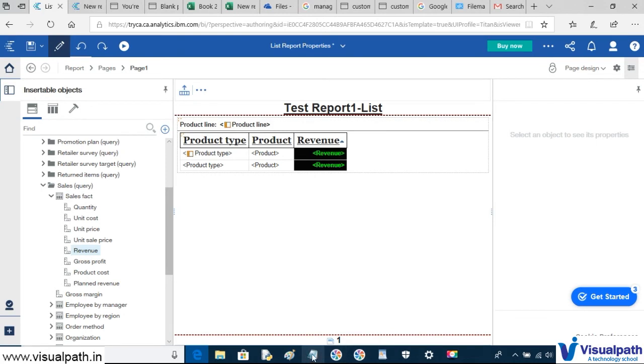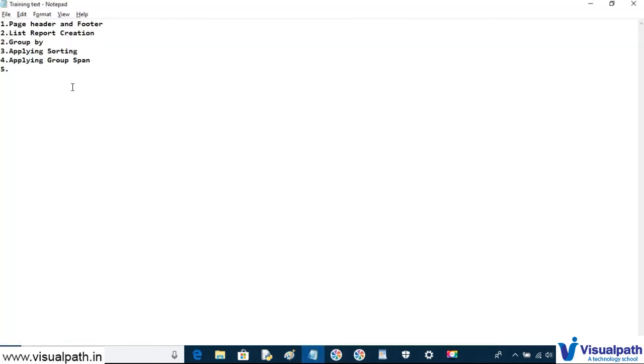So what we have done is the basic level of formatting, and we have applied sectioning.